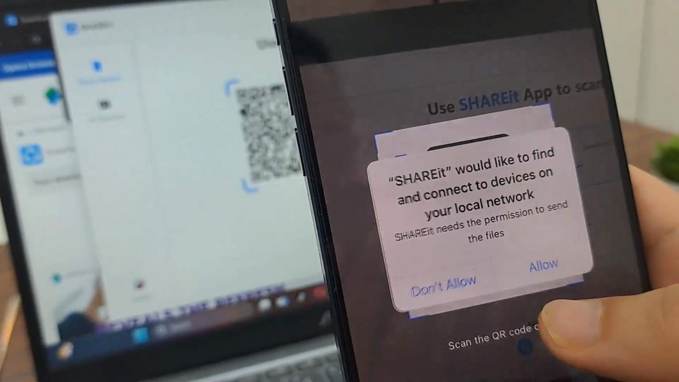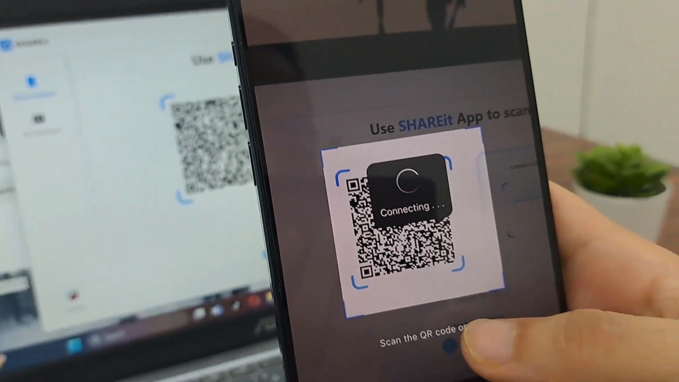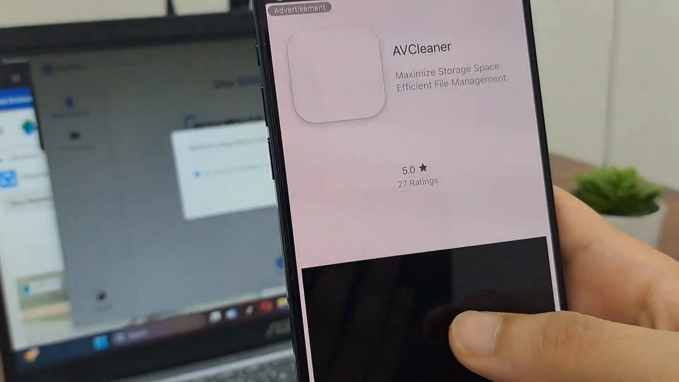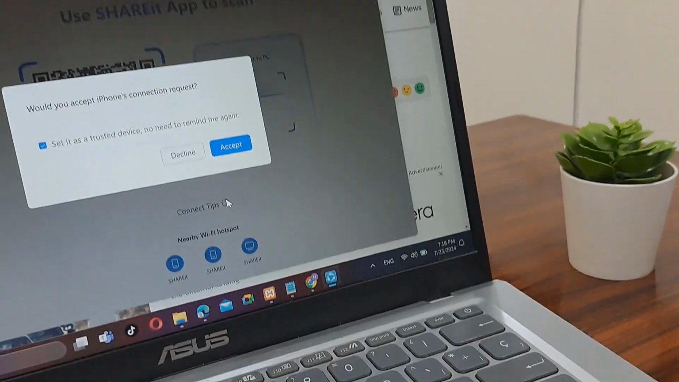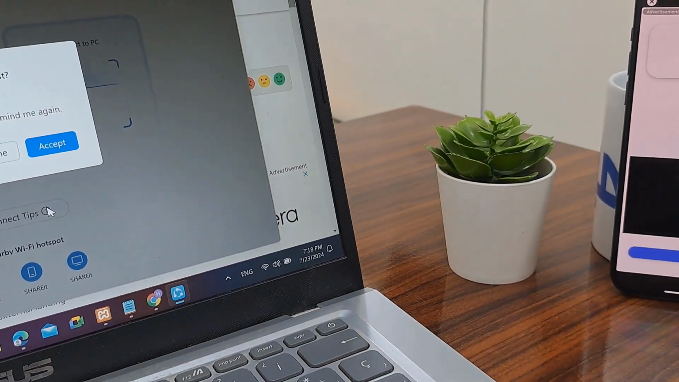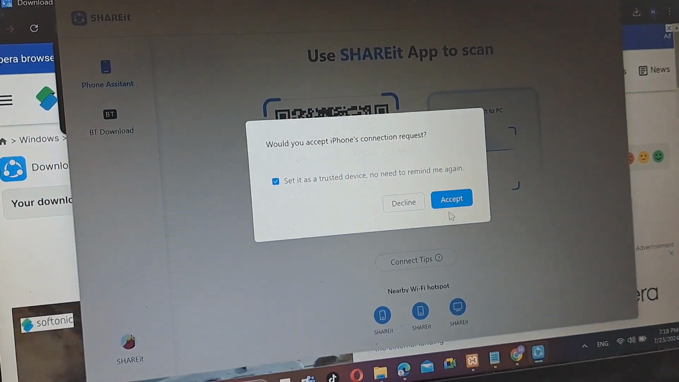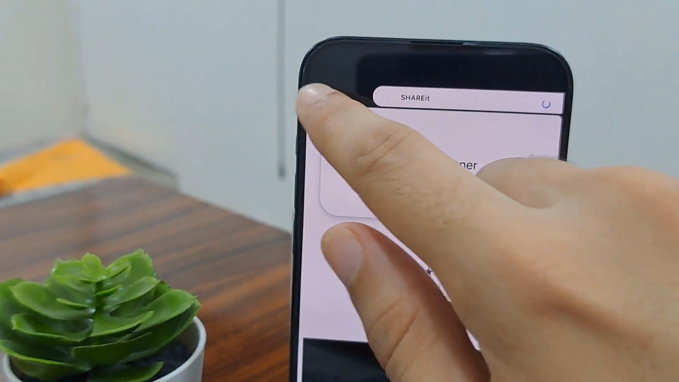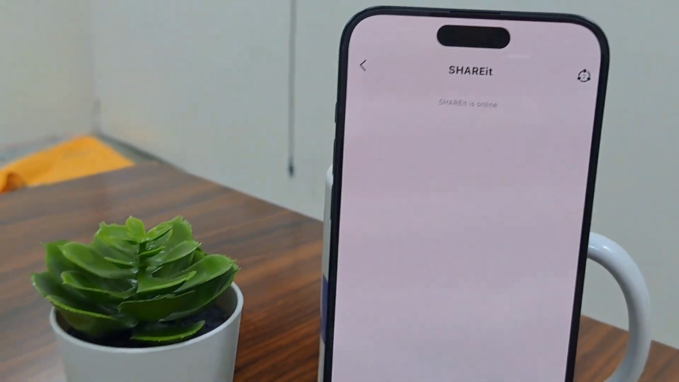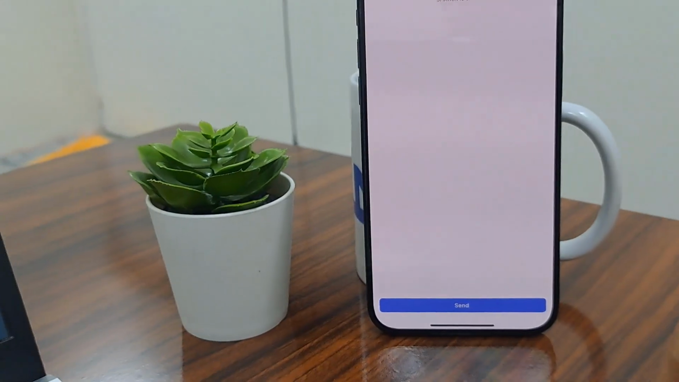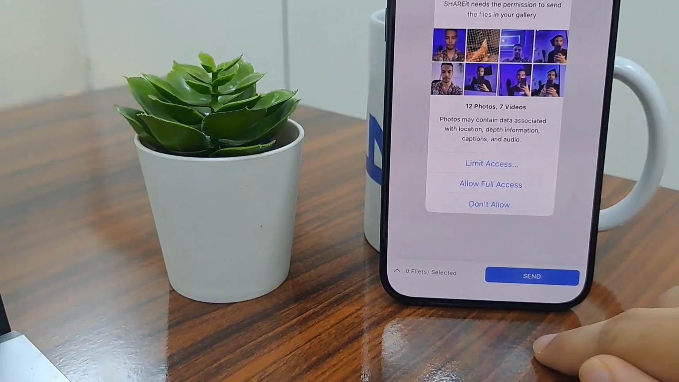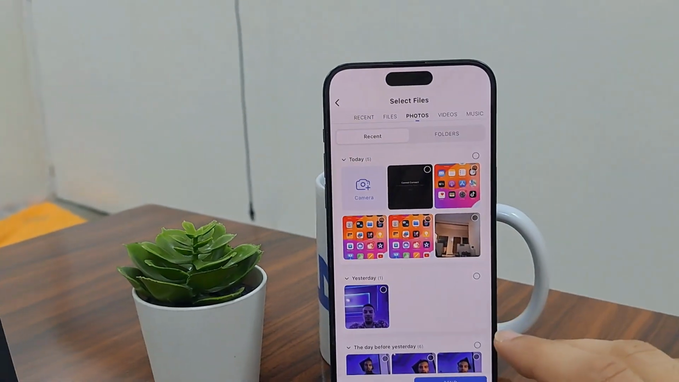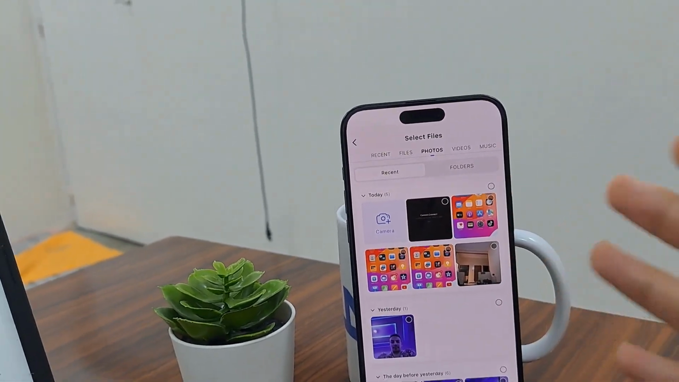Click join, click allow, click allow. And click here accept. Now close this. Now ShareIt is online. Click send, click allow full access, and now select your files, photos, video, music, document that